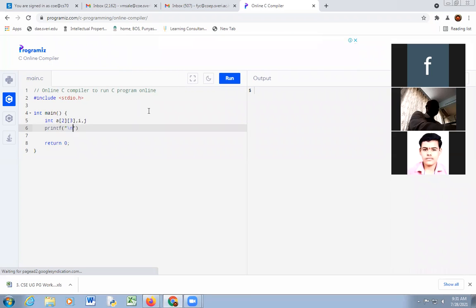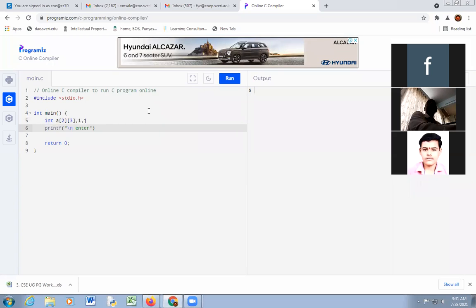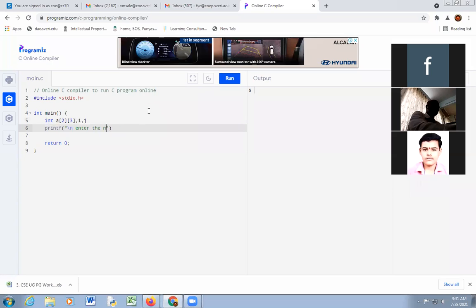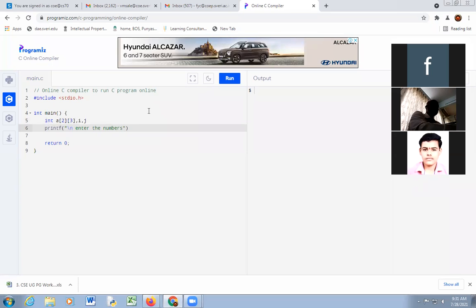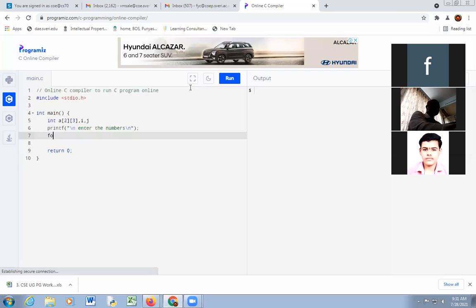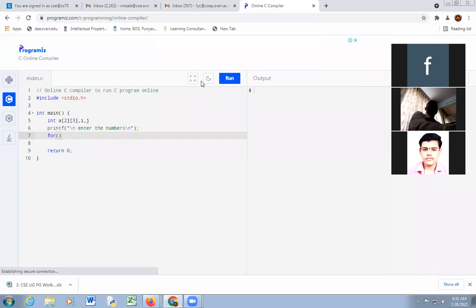printf "\n enter the elements or enter the numbers \n". Then for, i equal to 0.